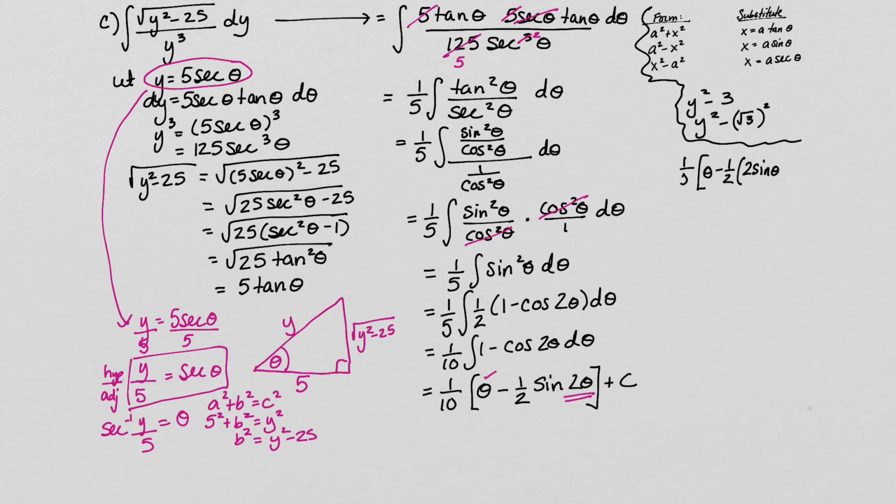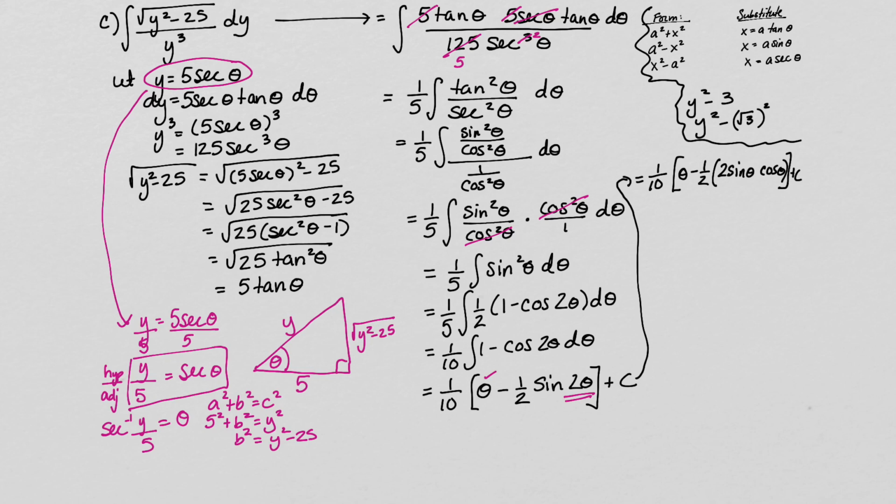I need to move this over a little bit so I can make it fit. Okay, so this is a 1/5. Oops, 1/10. Nope. Let me just rewrite that. Okay, so I'm coming up here. So this is equal to 1/10 theta minus 1/2 times 2 sine theta cosine theta